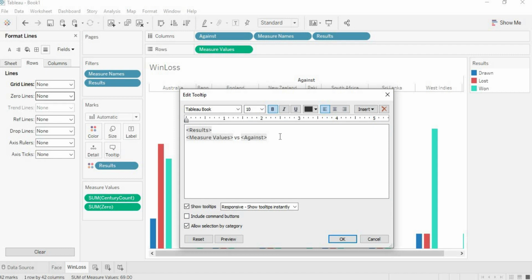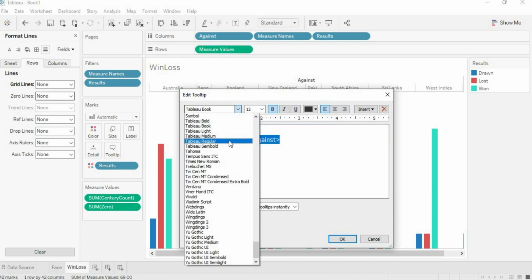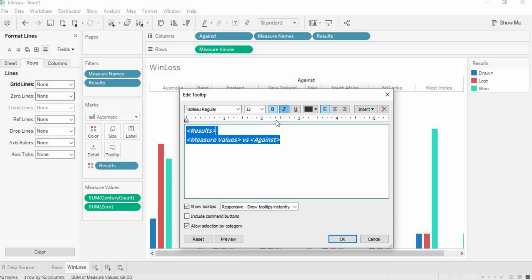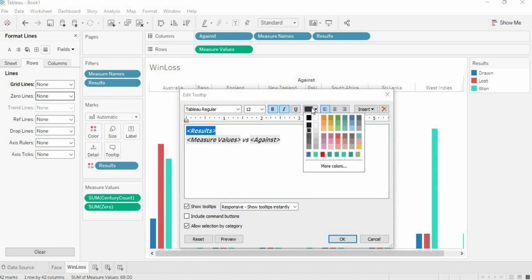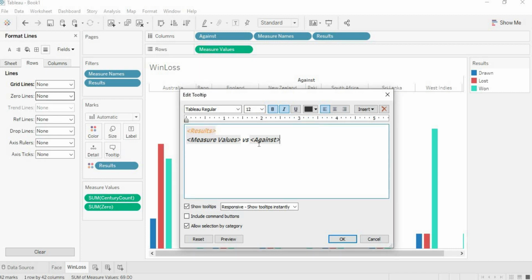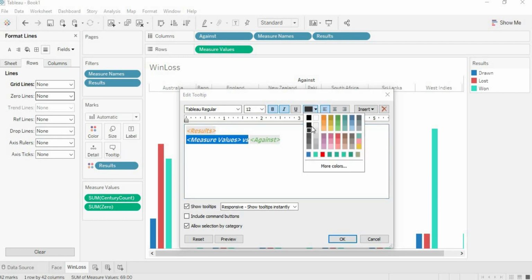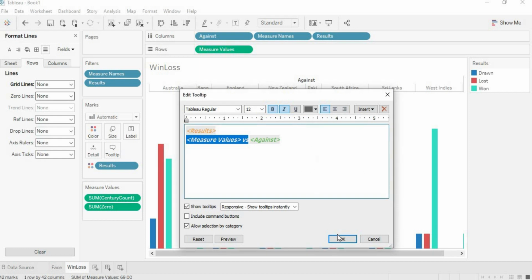Edit, change the font. Tableau, regular, italics. This color should be, let's say, orange, and again I'm changing the color to green, and this should be lighter, so give the lighter shade. Okay,